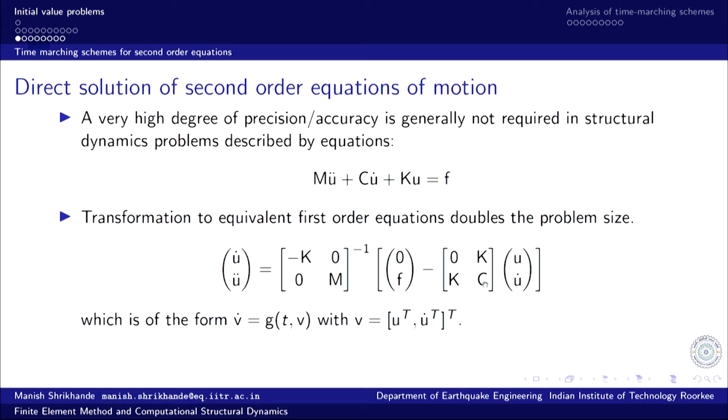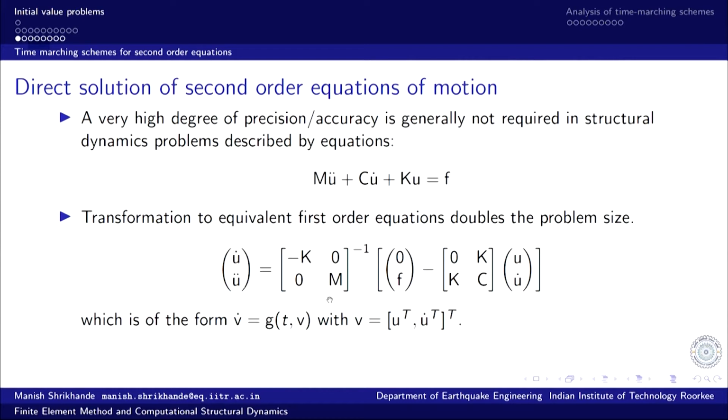Essentially, the second row of the equation is the governing differential equation, and the first row is merely a statement of the identity, that is, k u dot minus k u dot is equal to 0, that is all. So, that is an identity statement. It is an auxiliary equation; it does not add any extra information, it just allows us to recast the equation into an equivalent first order equation. So, a second order equation can be converted into an equivalent first order equation.